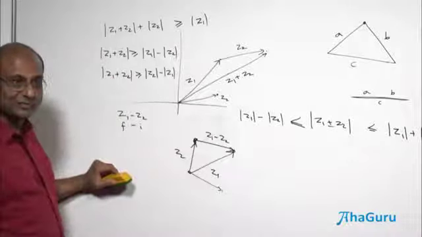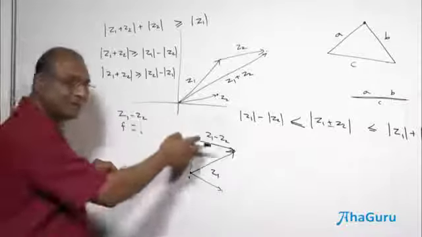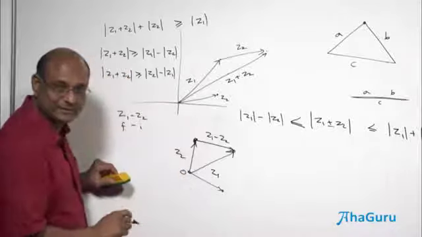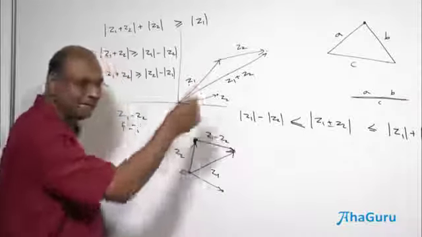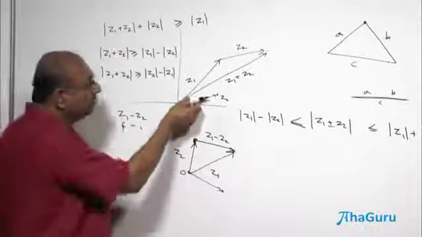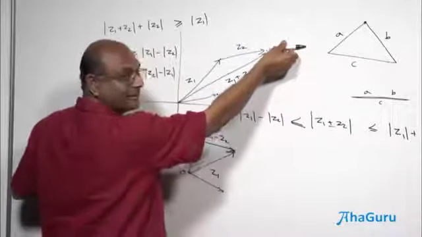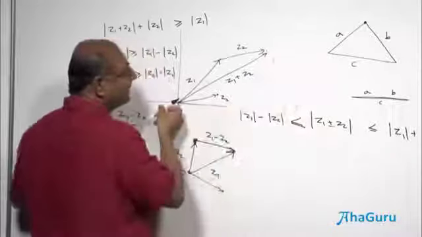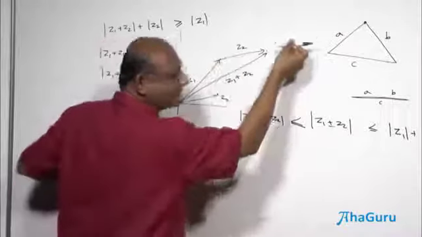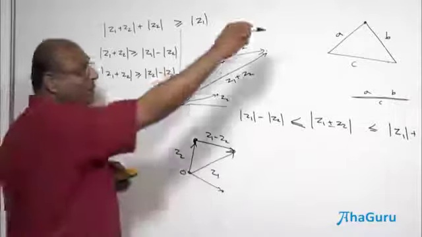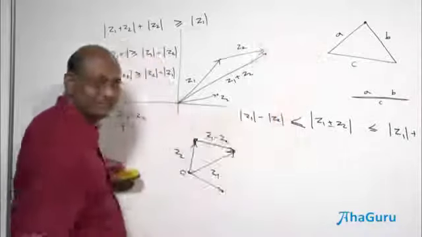So there are two ideas here. There is a vector and there is also a point. The point always has to start at the origin, whereas the vector can start anywhere. So I can think of an equivalent vector to Z2 and move it all over. I can even add it there. Then where am I ending? Well, I'm ending at Z1 plus Z2 plus Z2. So Z1 plus 2Z2. That's where I'm ending. So that would be the point which ends there.